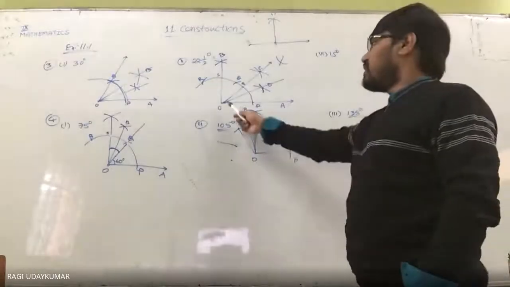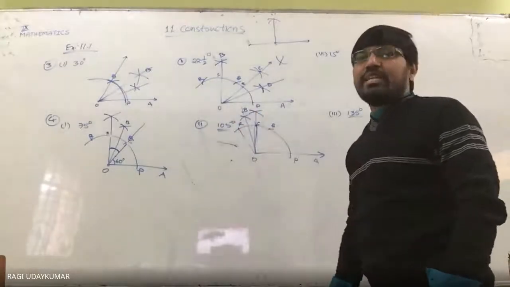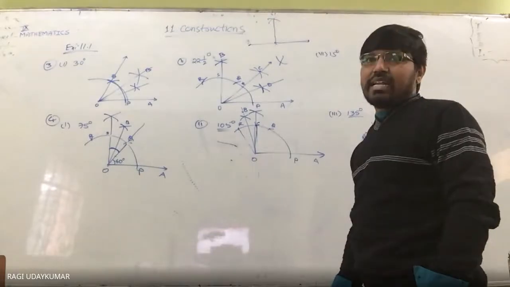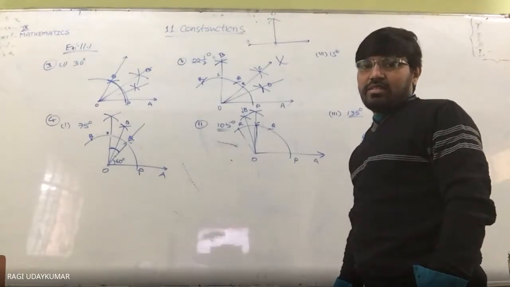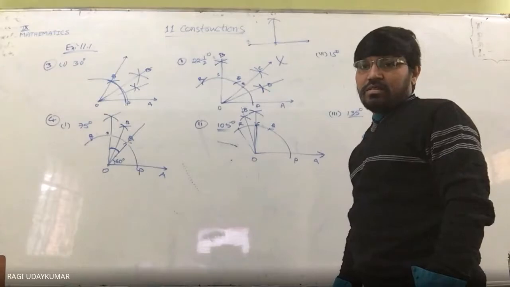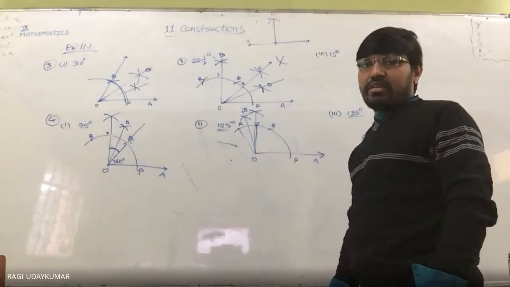Yes, sir. Sir, I was asking whether it is necessary to draw the angle from the initial point of the line only, or we can draw it from any part of the line, like what you have said now? Initial point only is better. You should draw the 90 degrees, 22.5 degrees from there only. Okay.